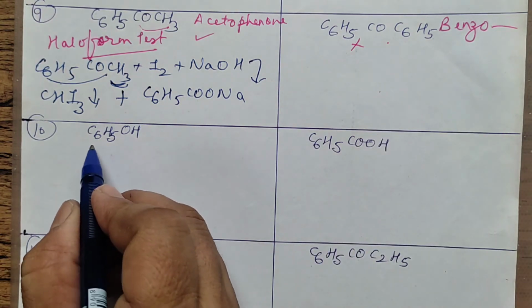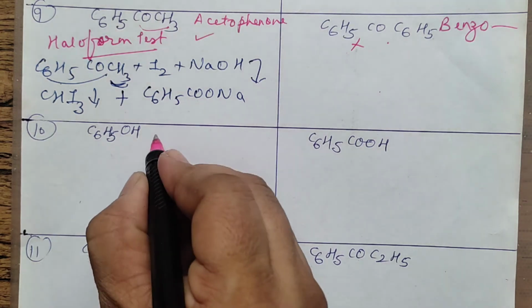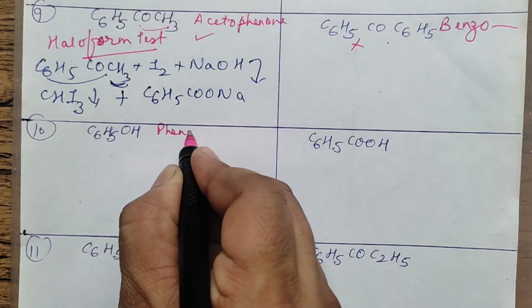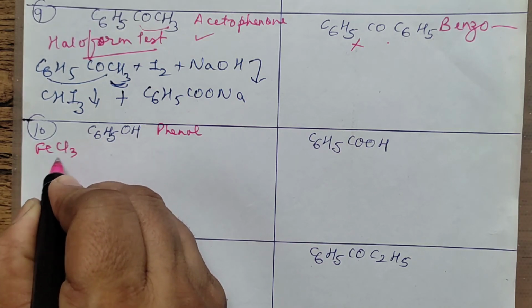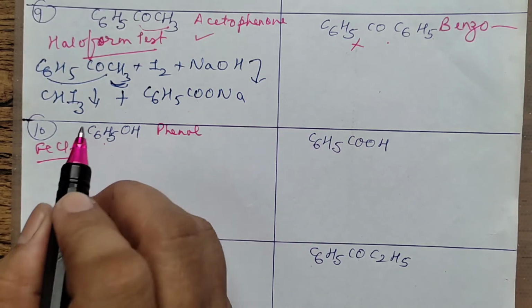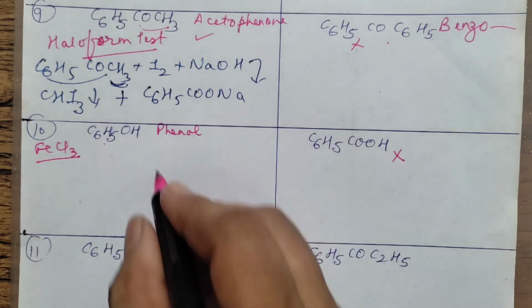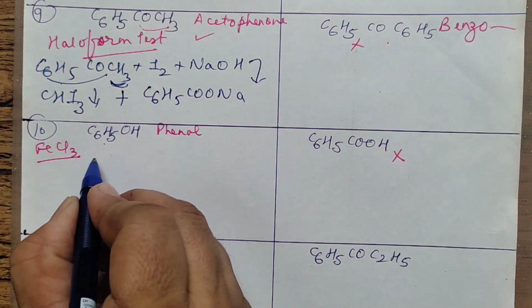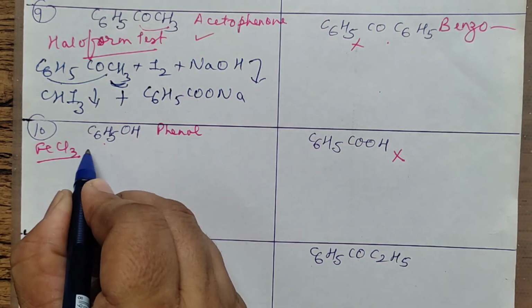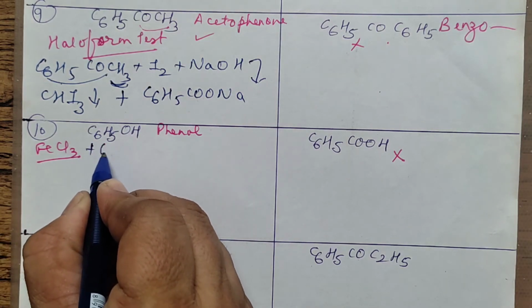Next, phenol and benzoic acid. This is phenol. Phenol and benzoic acid. One thing I already told you, the ferric chloride test you can give. For phenol, ferric chloride test. This one will not give, the first one will give. So what will you write down for ferric chloride? We have already written the equation earlier. So you will write ferric chloride plus